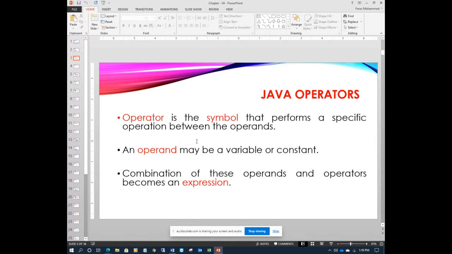So the combination of operands and operators becomes an expression. Simply put, what is an expression? A combination of operands and operators is known as an expression. In simple mathematics, we call it an equation or formula. Any formula, any equation, is an expression. We have to write it in Java as an executable statement, and that is called a Java expression, right?